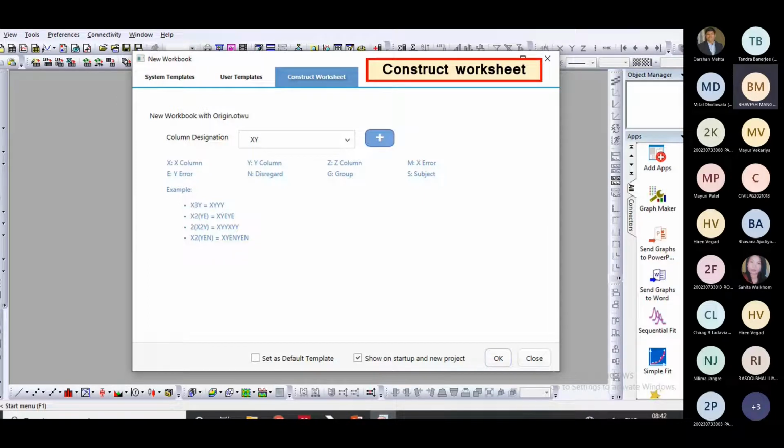If we want to plot a 3D graph, X, Y, and Z three-dimensional data are required, so that facility is there. In addition, M shows X error, E shows Y error, N shows disregard, G is group, and S is subject. Suppose X3Y is written, it shows one X and three Y columns. That way, according to our choice, we can construct the worksheet.